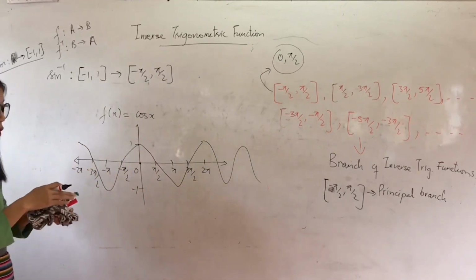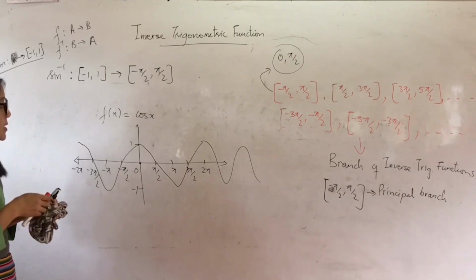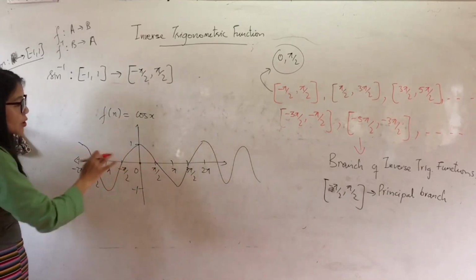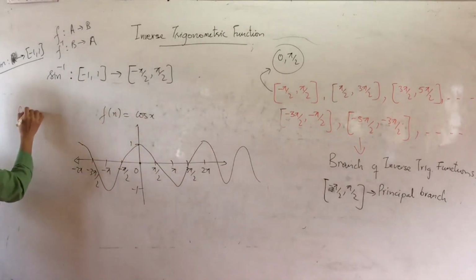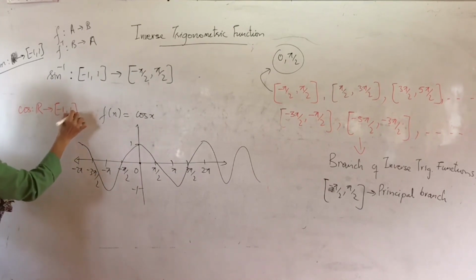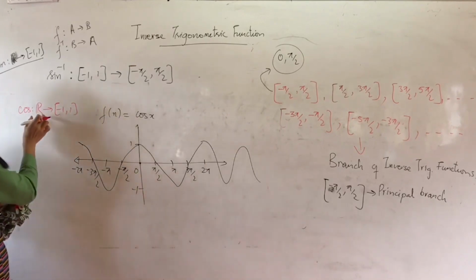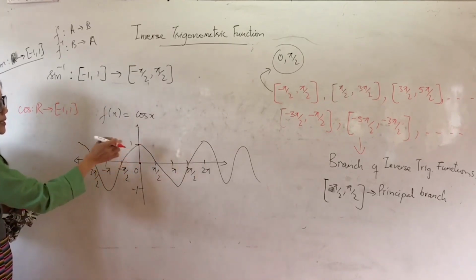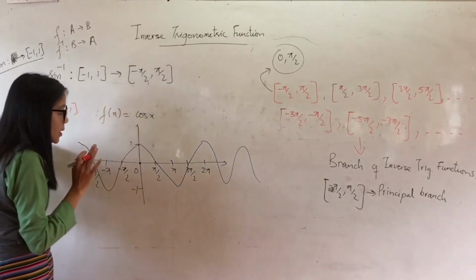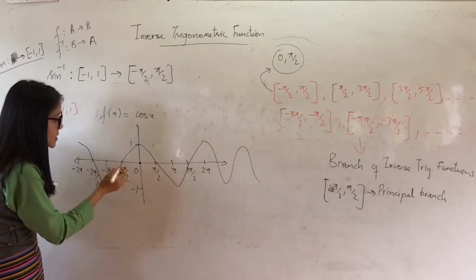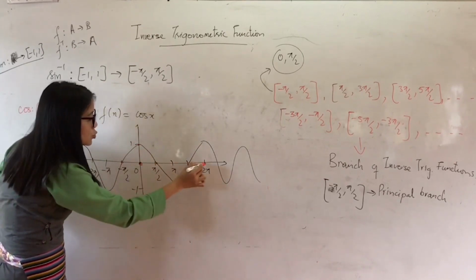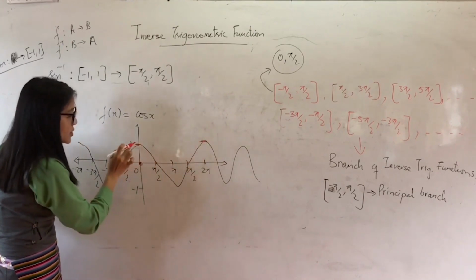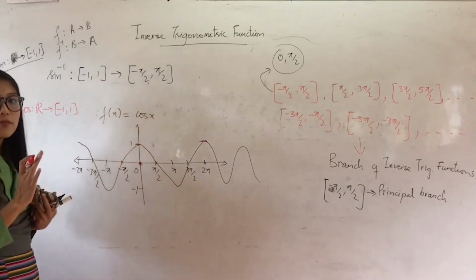Now, you know how to plot the graph, that you had learned in class 11. Now you think of the branches of cos. What is the domain and range of cos? Cos is defined on the set of all real numbers and the range is -1 to 1. Now if I consider the set of all real numbers, then cos is not invertible on that, because you can see that at these 2 points, 0 and 2 pi, cos has the same image. Its image is 1. So therefore the function is not 1-1.